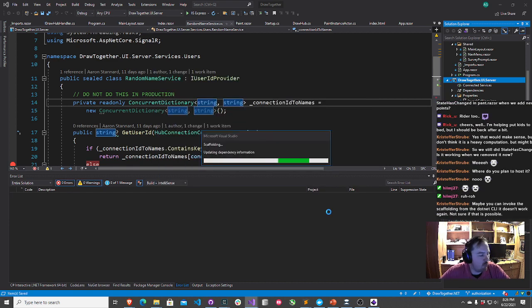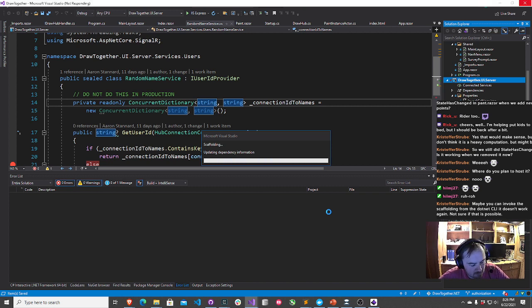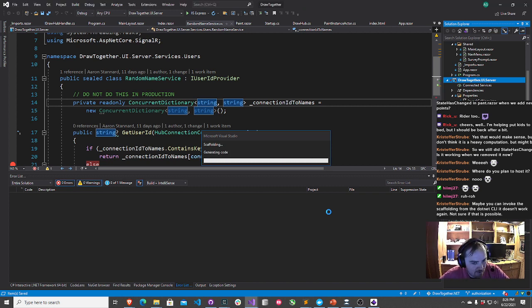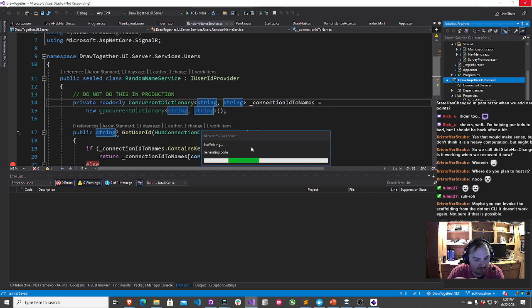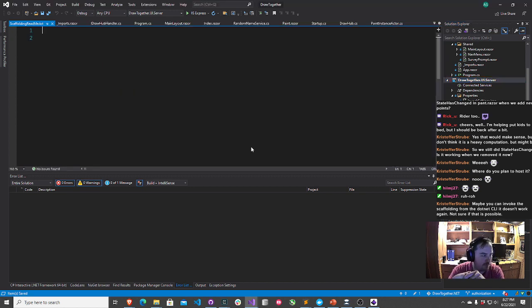I think the problem was that my old instance of the application inside, not ReSharper, Rider, was still running. I think that's what my problem was. As a result, that locked some of the object files the scaffolder needed. So I shut down Rider. I'll open it back up as soon as this appears to be done. But funnily enough, Rider's scaffolding looked pretty much right on with what Visual Studio does. So maybe I would have gotten the exact same outcome there.